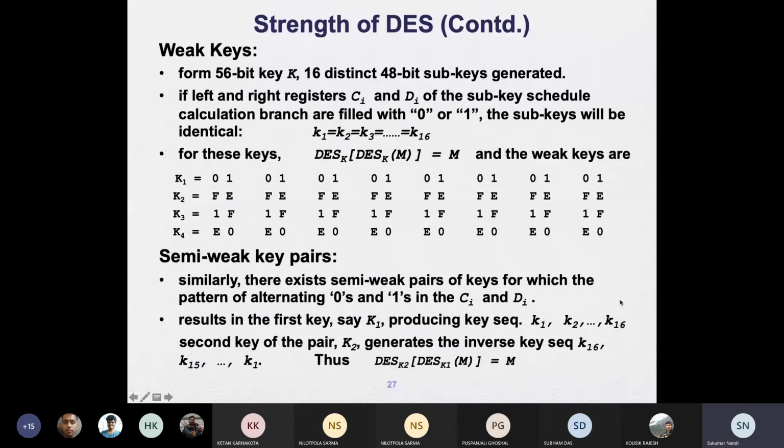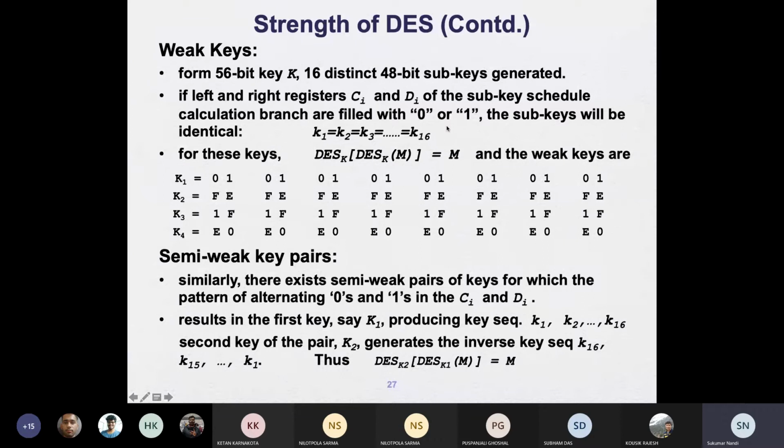Next, look into a few things. These are called weak keys. As we discussed, from the 56-bit key K, 16 distinct 48-bit subkeys are generated for 16 rounds. There is a possibility that all subkeys, small k1, k2, k3 up to k16, can be equal.